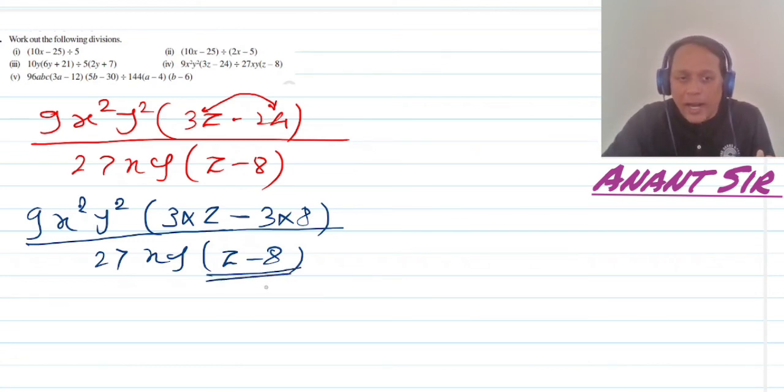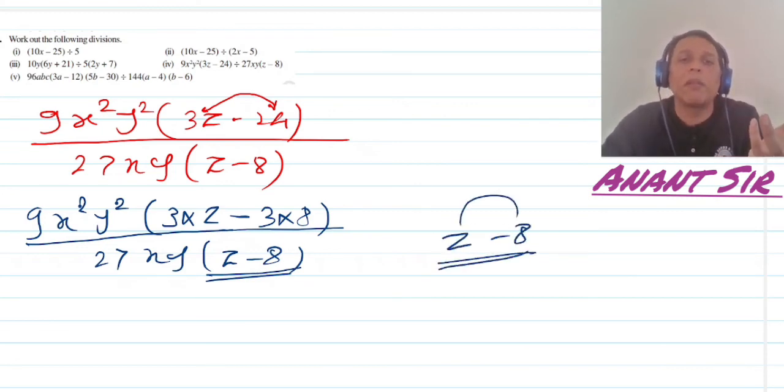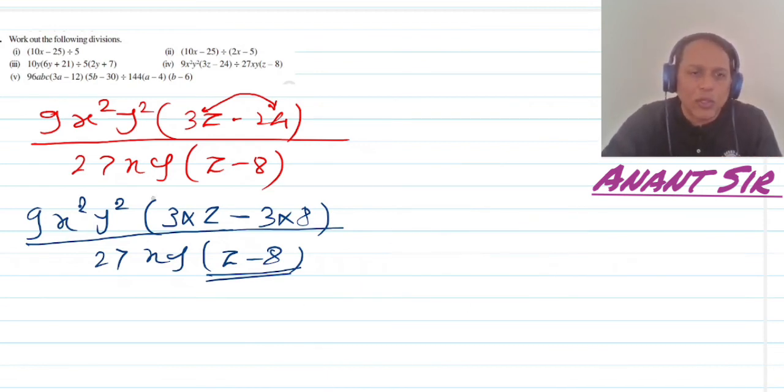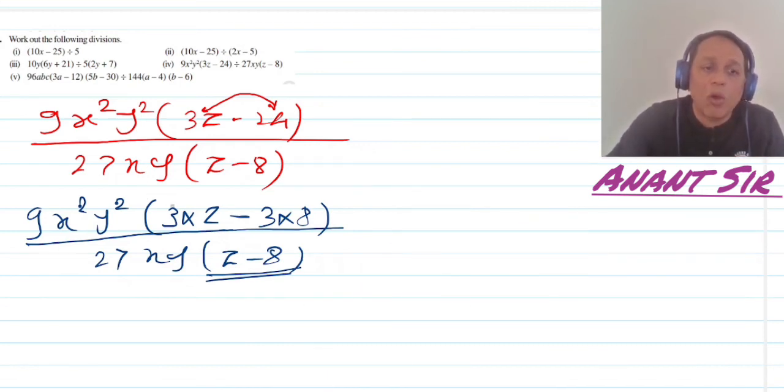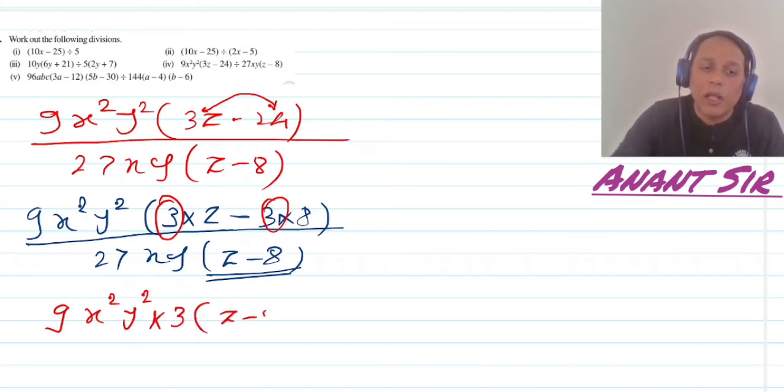There is a bracket, but we cannot take anything common from that bracket. Z minus 8, nothing is common between the two, right? So we cannot solve the denominator. Now if I take 3 common in the numerator from that bracket, what will happen? 9x square y square, 3 I have taken common. What remains is z minus 8 divided by